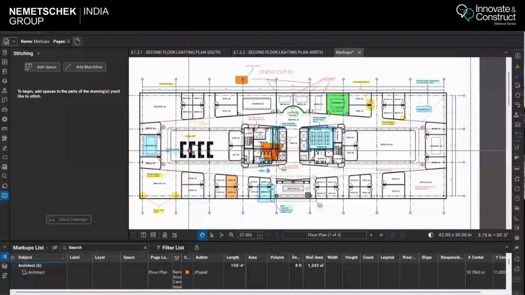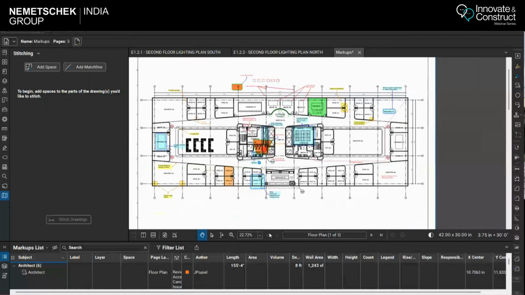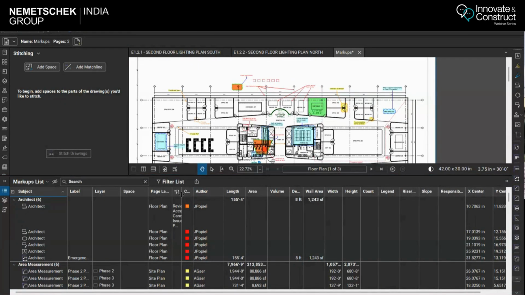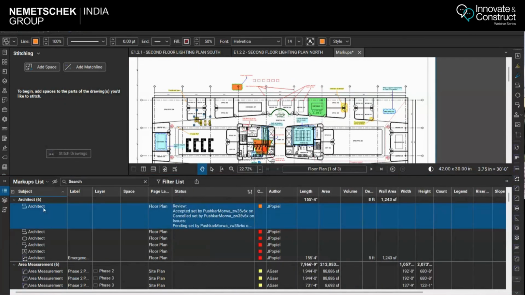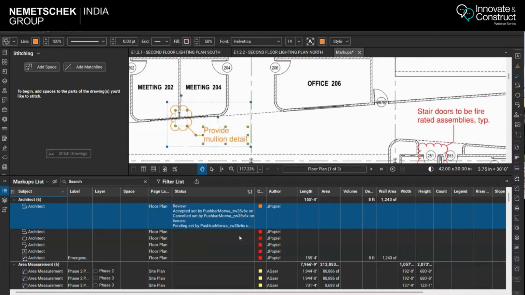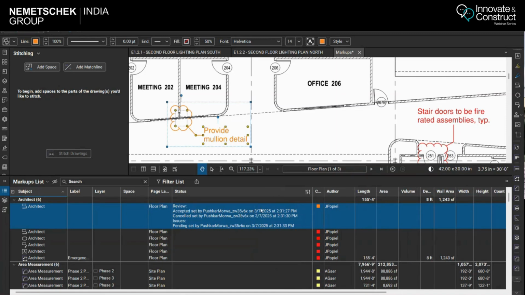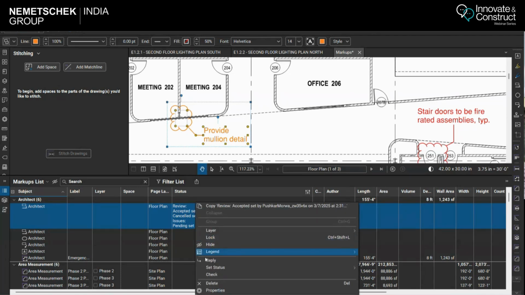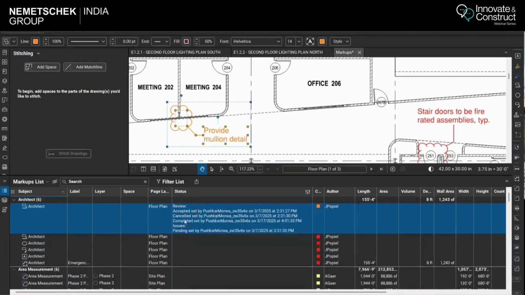What I mean by that is, now there is this commented drawing, and for this particular comment, there are multiple statuses. Say accepted, this was done on a particular date and time. You can see over here all these were done, and they are always marked in chronological order. Say suppose for this, if I change the status to completed now,